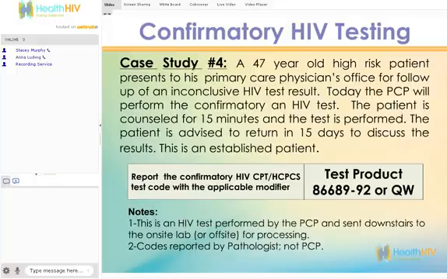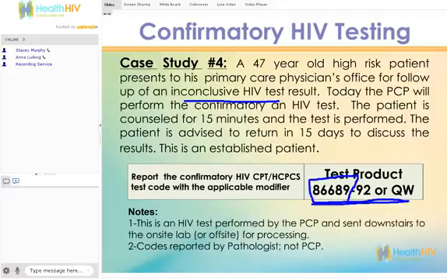At 47, this is a confirmatory test. So basically, the physician performed a rapid HIV test, and maybe it was positive, and he decided to do a confirmatory. So, a 47-year-old patient presents to the primary care physician's office for follow-up of an inconclusive HIV test result, and the physician performs the confirmatory HIV test. So he counsels the patient and advises the patient to return for their results. So here's the code that would be utilized for that service,